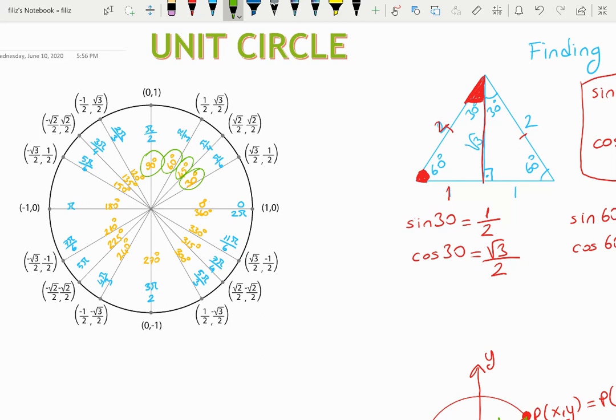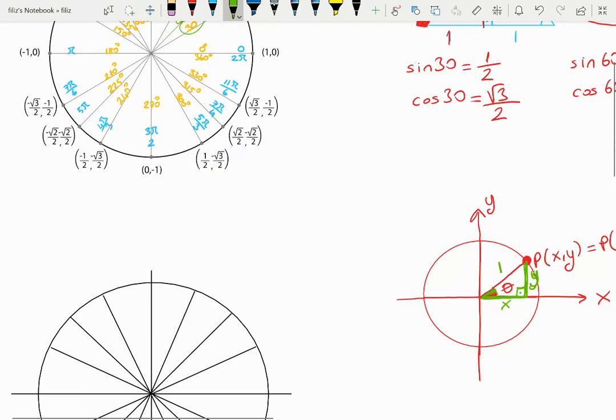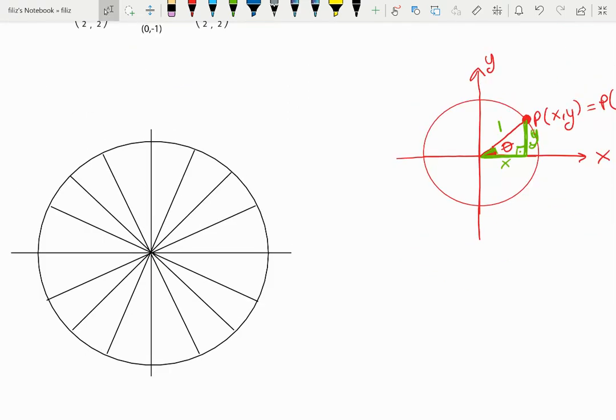First, let me teach how we are going to write them in radians. Okay, so let me write first in degrees. So we know this is 0 degrees, 30, 45, 60, 90, 120, 135, 150, 180,